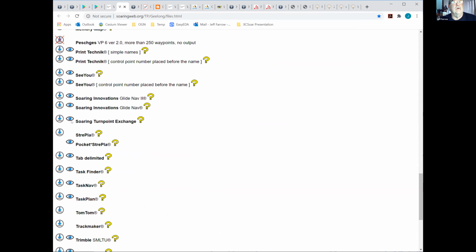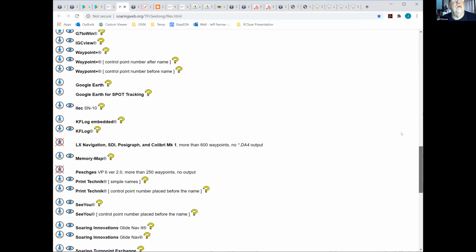CUP here has additional information in it regarding landing points and airstrip lengths and orientations and so on, which, if you download it in that format, will get incorporated and used by XCSoar. So it's not a bad way to download your turn point files as well.